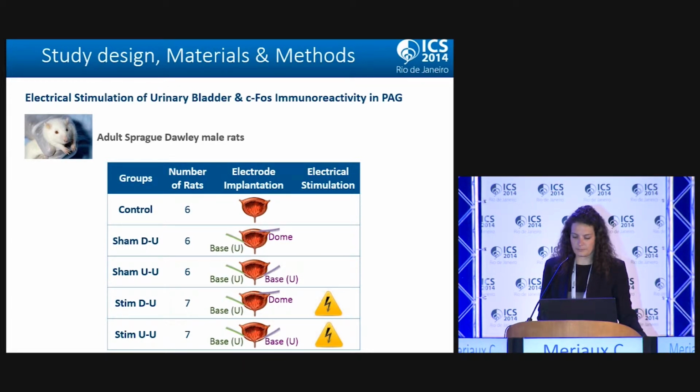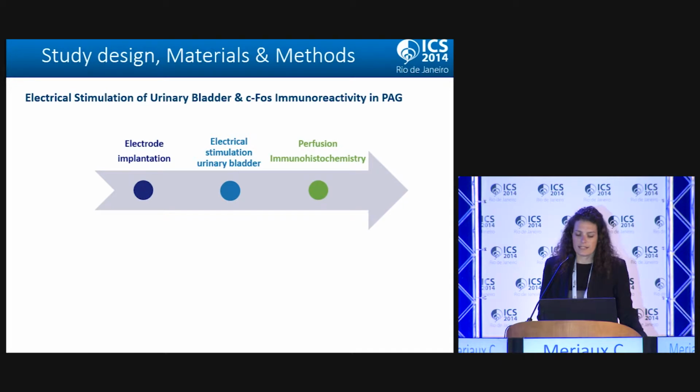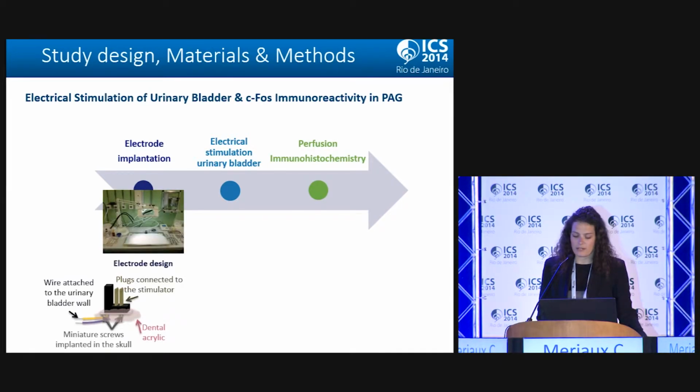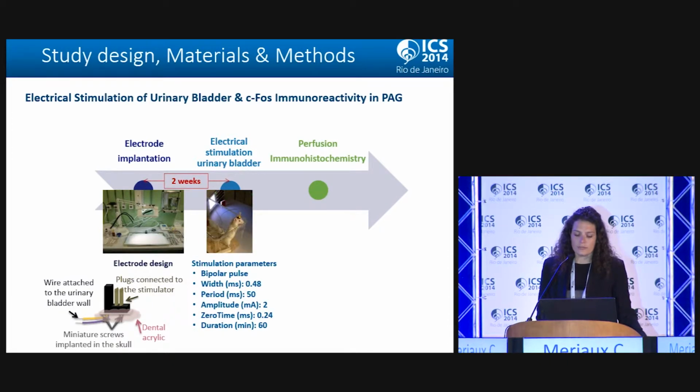stimulated animals. So when we look at the experiment, first there was the implantation of the homemade electrode. For this, the wires were attached to the urinary bladder wall, as mentioned previously, and the wires were then tunneled to the back of the animal, and a plug was anchored to the skull of the animal in order to connect the plug to the stimulator and to do the stimulation in awake animals. Then, after a period of 2 weeks of recovery,